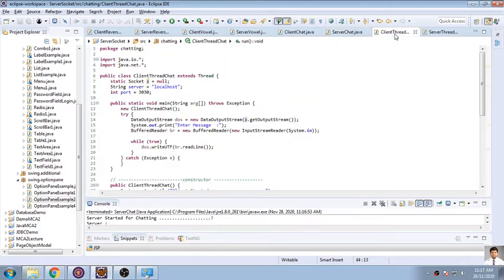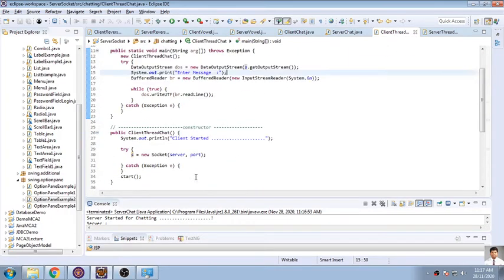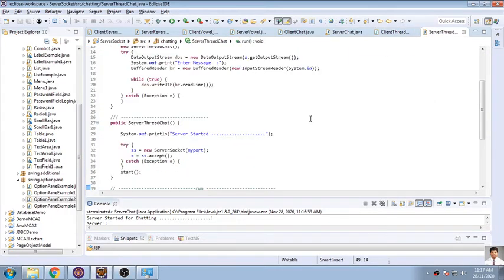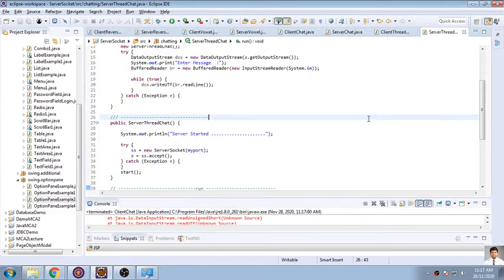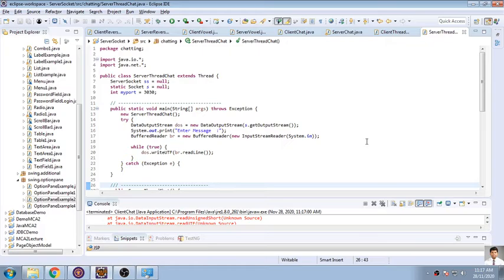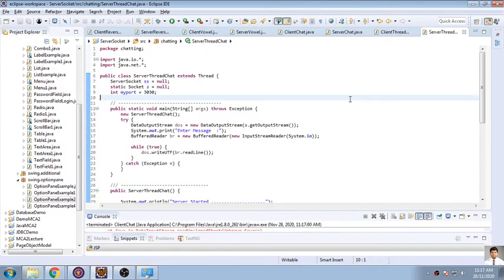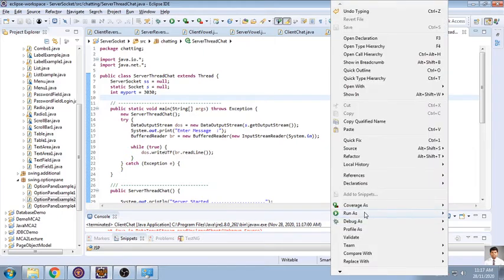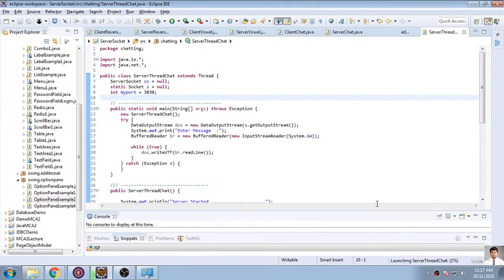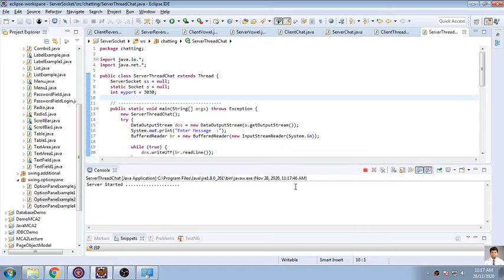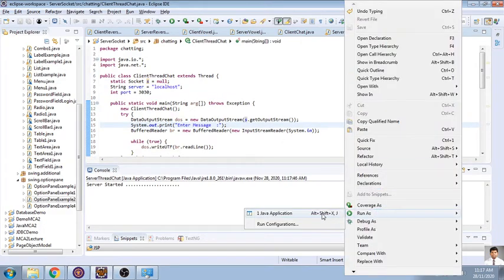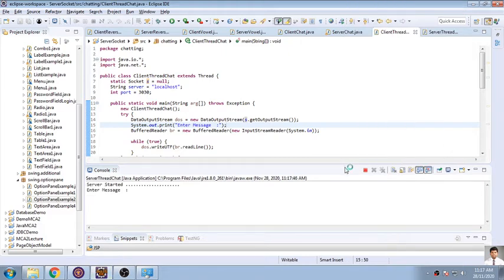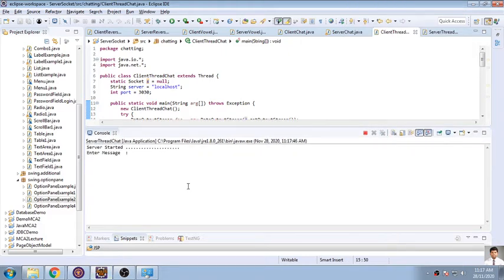Okay. Today's intention, our program will be making a multi-threaded chat application. So I will be running this multi-threaded chat application program, and then we'll go for the actual code and what all business logic we have implemented for the purpose of making it multi-threaded. So first I will go for running this program. Server is started. This is a threaded program, so there will be continuous chatting between client and server.